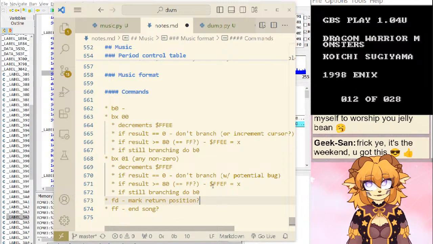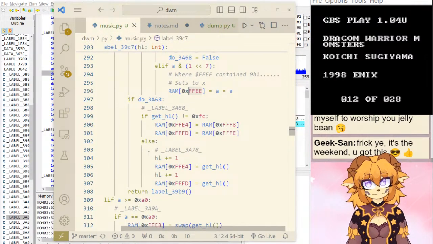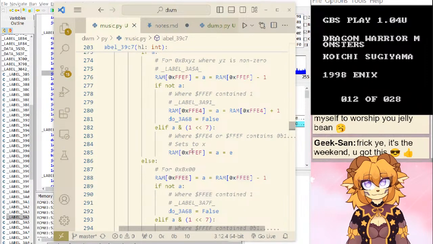Just put that, I think, and then B0. What does B0 do? So B0 says if the next one of these incremented a shell, right?